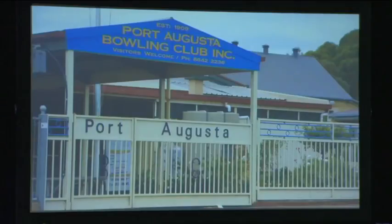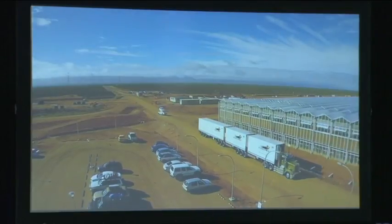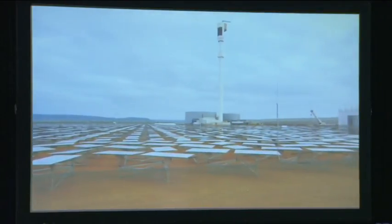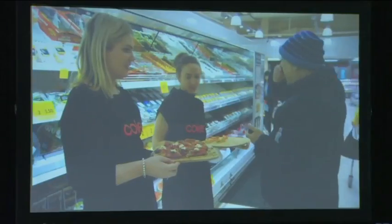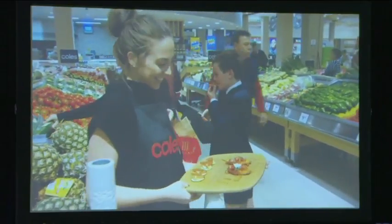The remote location of Port Augusta, South Australia, was chosen as home to the greenhouse because the sun shines here almost every day of the year. We capture the sun's heat on about 23,000 mirrors, and we project all that sun's heat onto one focal point. It really powers the entire facility here. Coles customers have become part of the journey, with Sundrop tomatoes now available in stores. This is an amazing milestone for the Sundrop partnership for Coles and for our customers. It's been 4 years in the making, and to finally have Sundrop tomatoes on our shelves is just an amazing